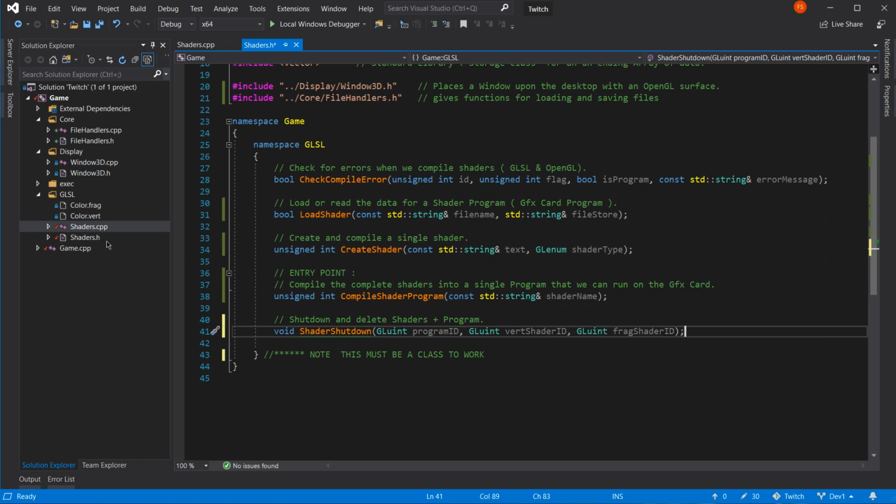I want to do two, don't I? I want one for colour, one for texture. So at this point we can do this. There we go. Multi-shader programs.